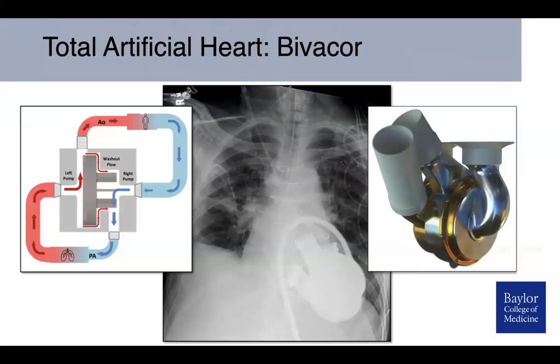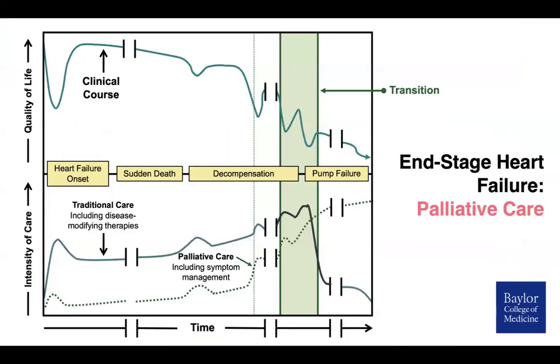And something on the horizon that is very unique. We've had total artificial hearts for several decades, since about 2004. But an innovation at the Texas Heart Institute and Baylor has been the development of this newer device called the BiVACOR. In the middle, there is a radiograph from one of our patients who underwent it; he was the first human to undergo the BiVACOR. This is a total artificial heart that's undergoing current clinical study, but will hopefully be there as a complete replacement for transplant at some point.